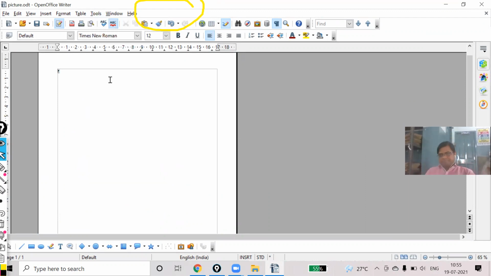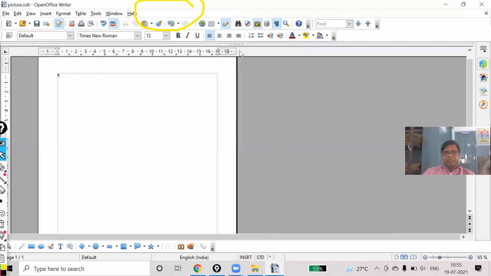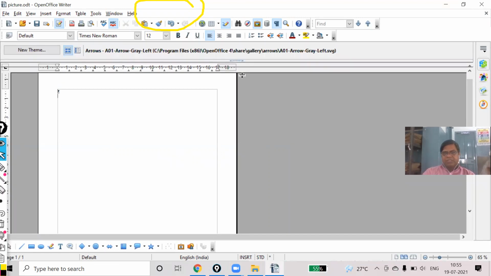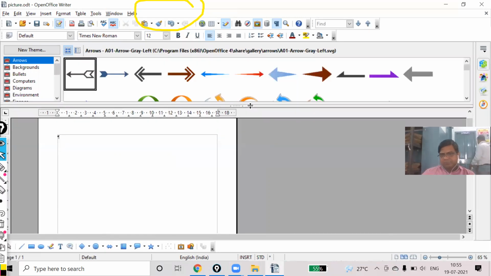Gallery. Now you can see it is hidden, my dear. I have to make it visible. Okay, so it has come.